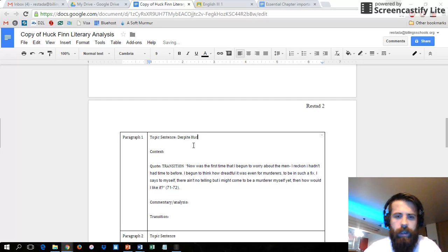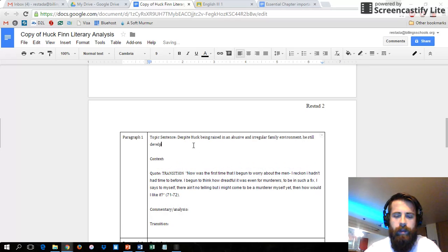despite Huck being raised in an abusive and irregular family environment, he still developed a strong sense of right and wrong.